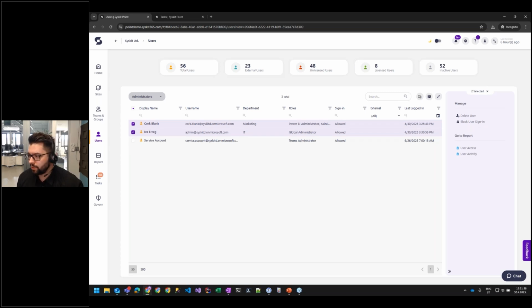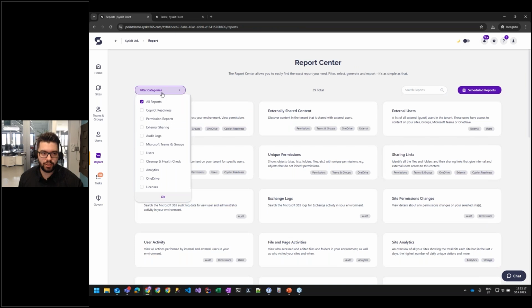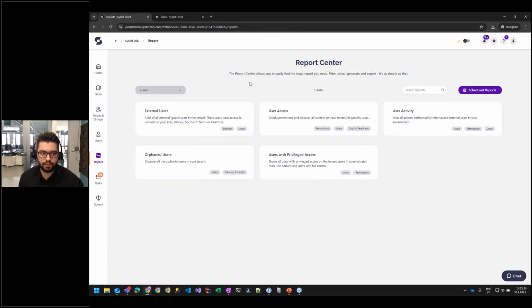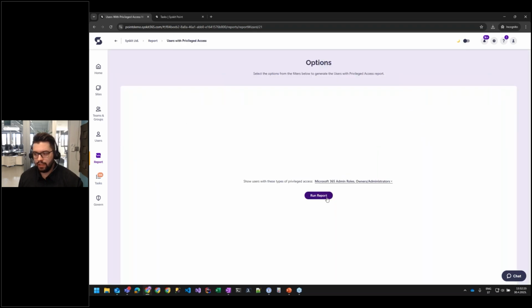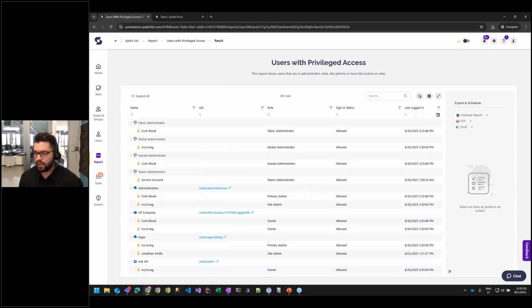Let's say you want to manage privileged users that have elevated permissions like global admins or SharePoint admins, to make sure they're at a minimum, or maybe revoke their access if it's no longer needed. That's a good practice if you want to minimize widespread impact if they're misused or compromised. To do this, you can go to the Report Center and check out our users reports, for example, the user activity report. When you run the report, in just a few seconds you get a display of exactly who has access to what and which kind of roles you have in the environment.